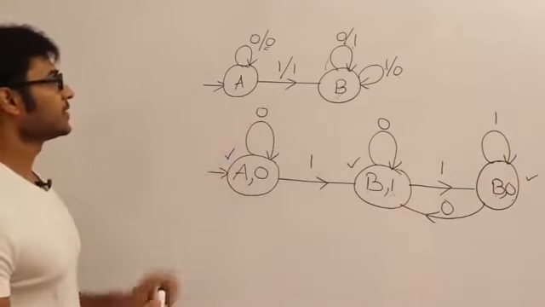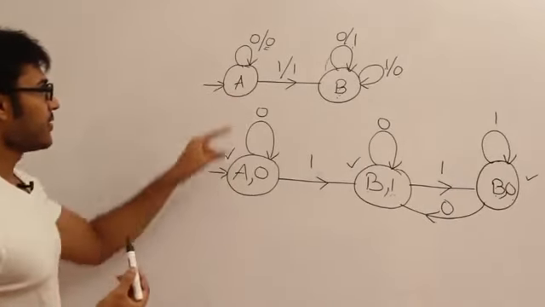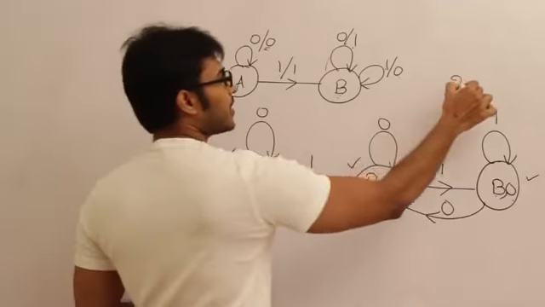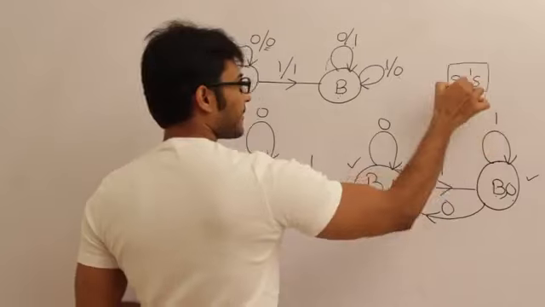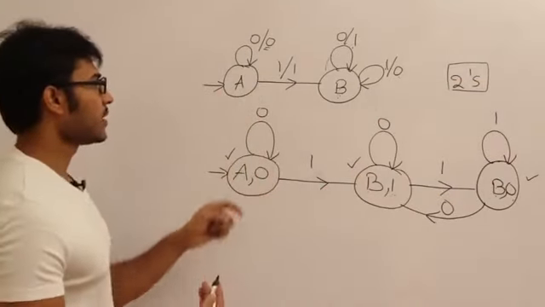So what is this problem? This problem is nothing but we are going to read a string from the RHS and we are going to print the 2's complement as output. We are going to start from the RHS or least significant bit and we are going